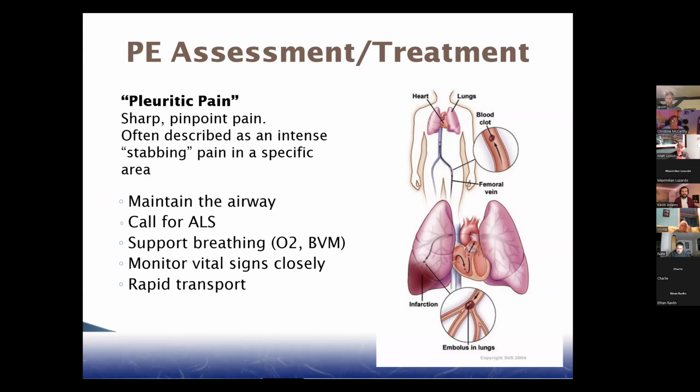And the main thing is the type of pain. With that cardiac pain, we're going to see standard crushing. It's really heavy. It's like a big weight on my chest. The pain is usually on their left side, radiating either to their back, to their jaw, or to their left arm. But with a pulmonary embolism, we're going to see something called pleuritic pain, which is essentially when somebody says